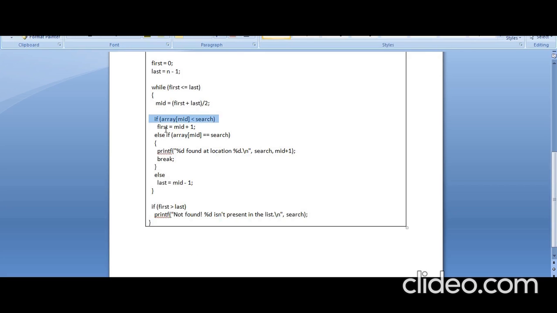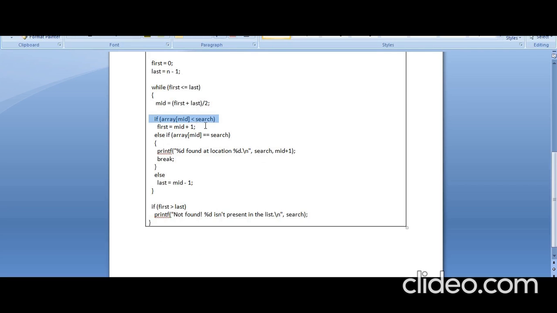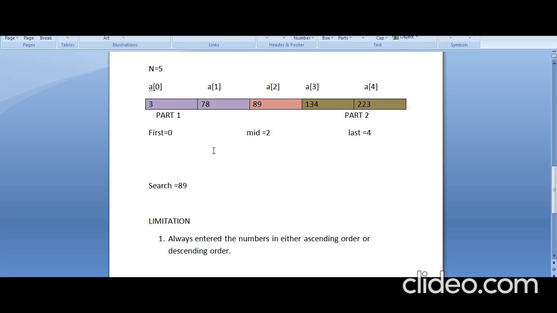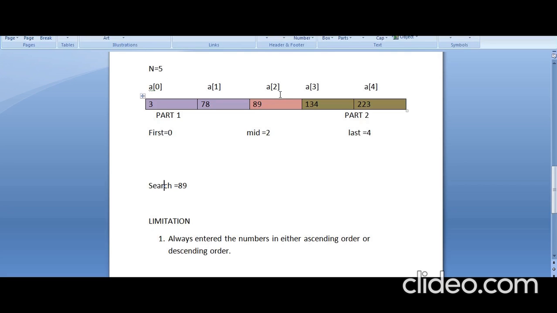What is the question? If array of mid, what is array of mid? Mid is 2. Array of mid is 89. Whether 89 is less than 89, this is the first condition. The answer is false, it will not work. Else if array of mid equals search: array of 2, 89 equals 89.